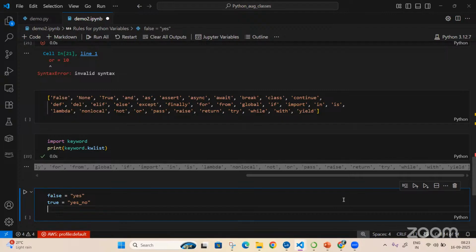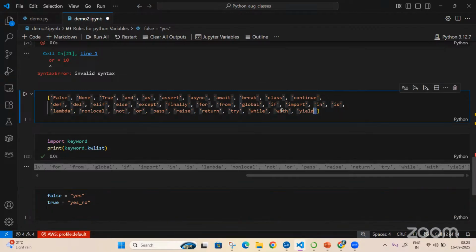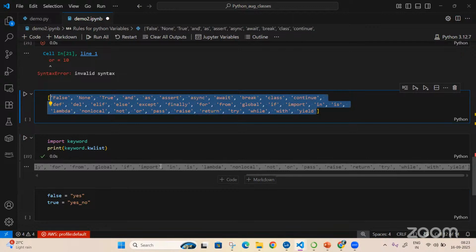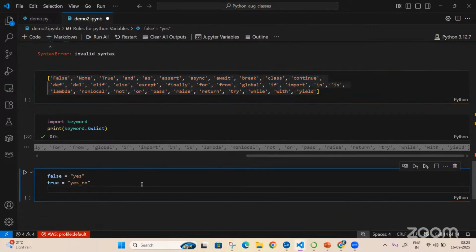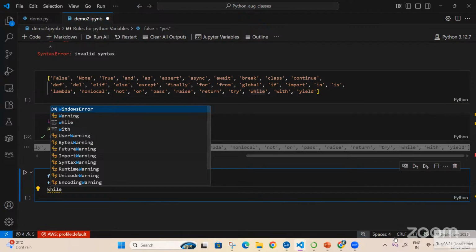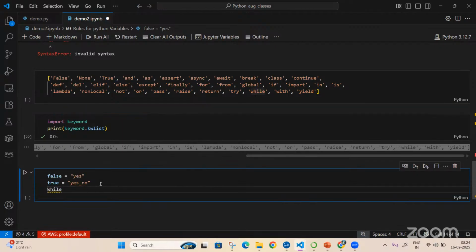Yes, it's valid. I'm saying here, you cannot use any of these first. Those are case sensitive. Case sensitive. Okay. I can say this, and I'm assigning certain values.